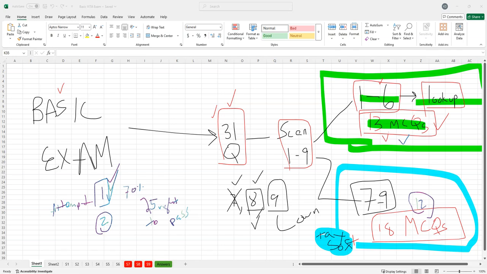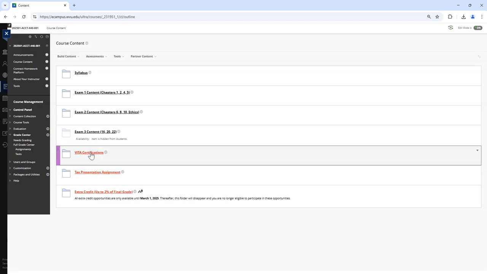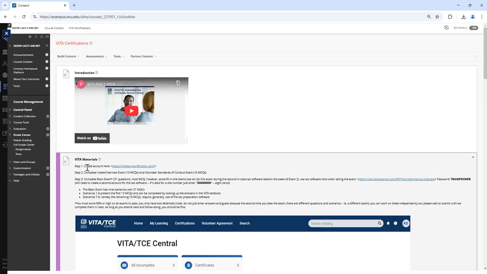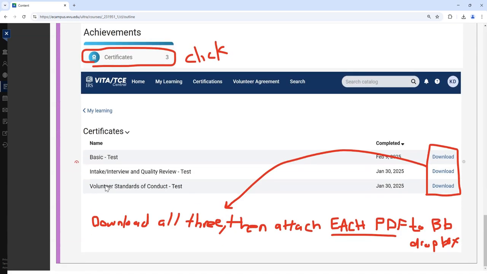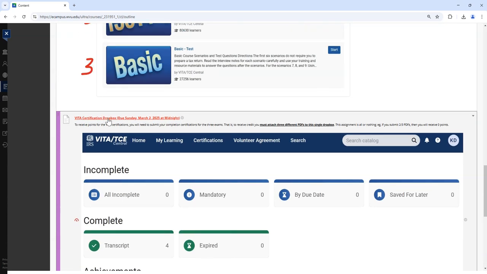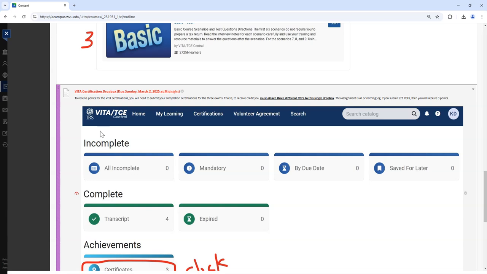Let me open up Blackboard to show you this. At the end of the day, I want you to click VITA certifications. I want you to go down here, the drop box on there. And this is after you've finished everything, right? So this isn't a week or two. It's not right now, because you have to have the other returns done. But once you finish the basic exam,